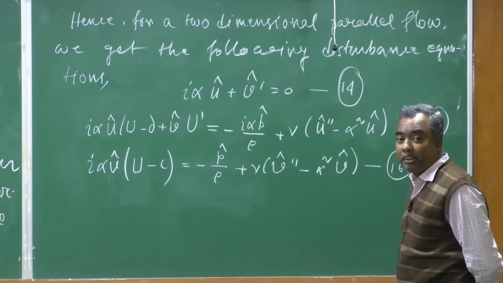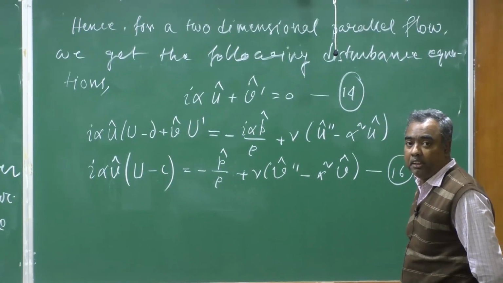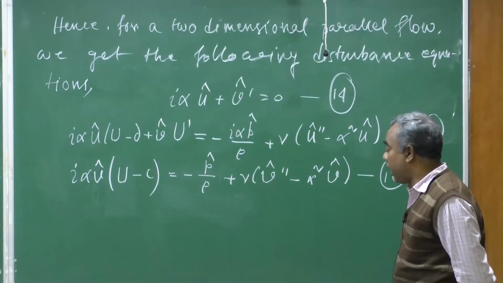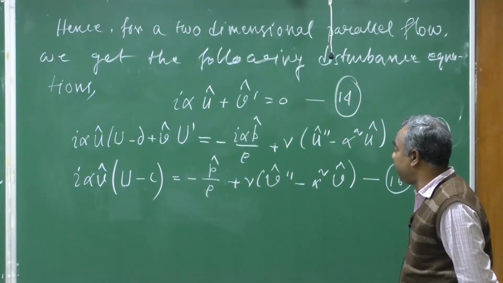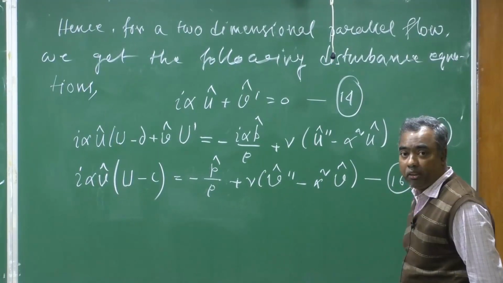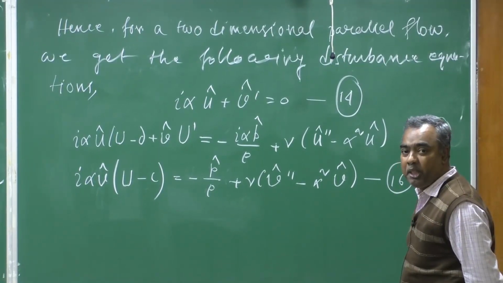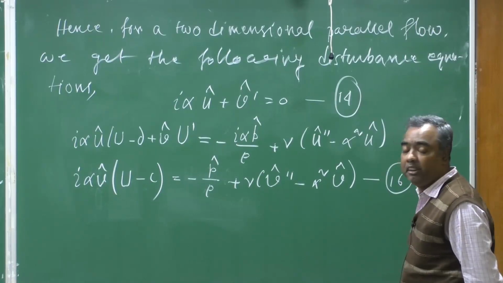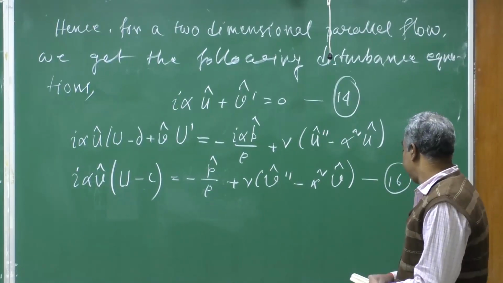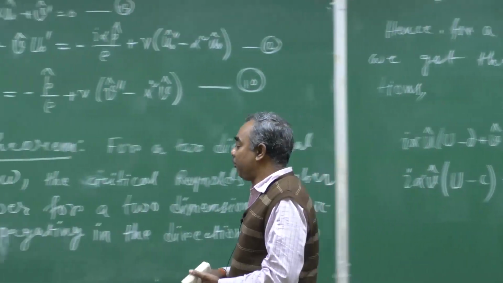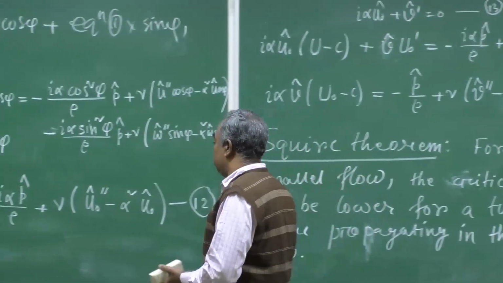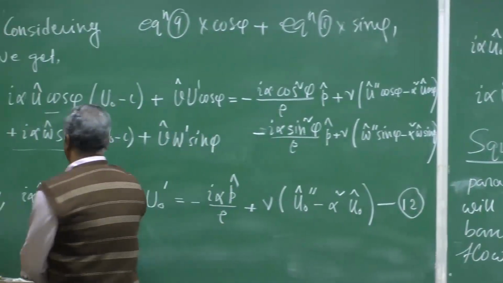In these three disturbance equations, there are three variables: u hat, v hat and p hat. Instead of these three variables and three equations, let us write a single equation removing u hat and p hat. So, eliminating u hat and p hat from equations 14, 15 and 16, we get